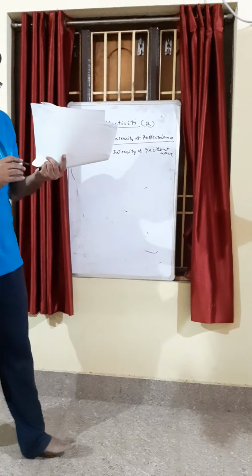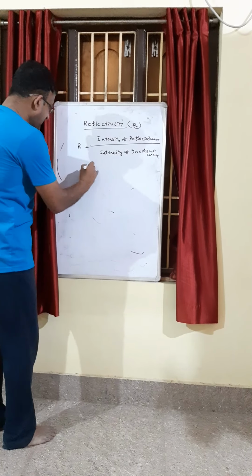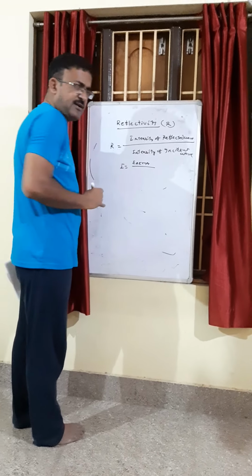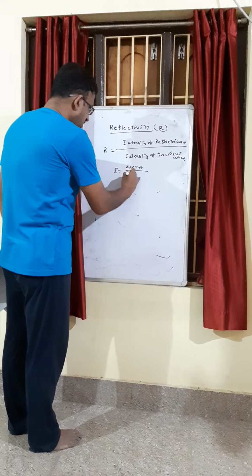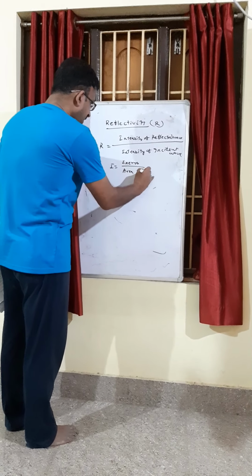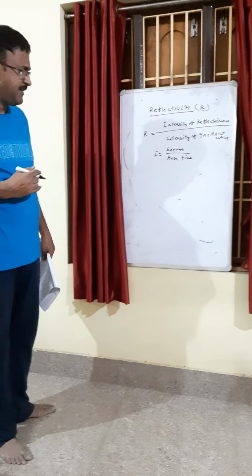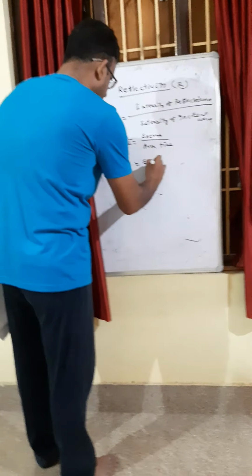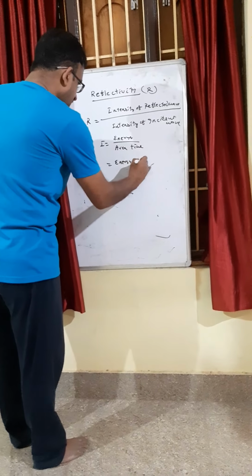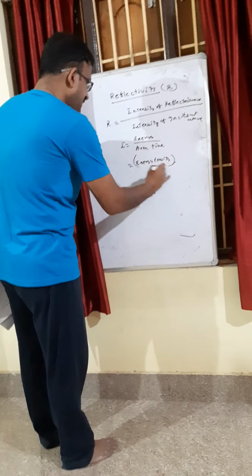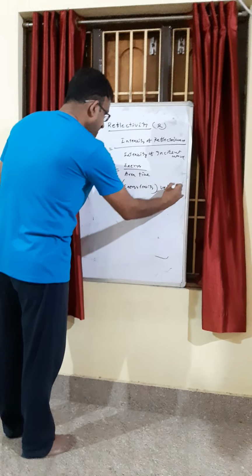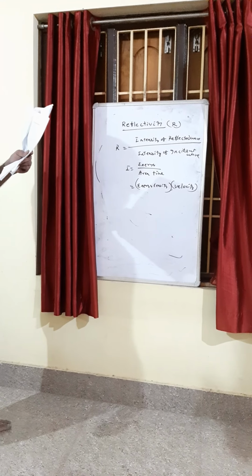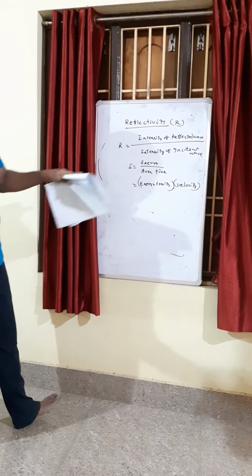What is intensity? Intensity is equal to the amount of energy distributed per unit area per unit time, that we know. And also we have shown that intensity is equal to the product of energy density into the velocity. This is how you can express the intensity. It is the product of energy density into velocity. Now what is the energy density